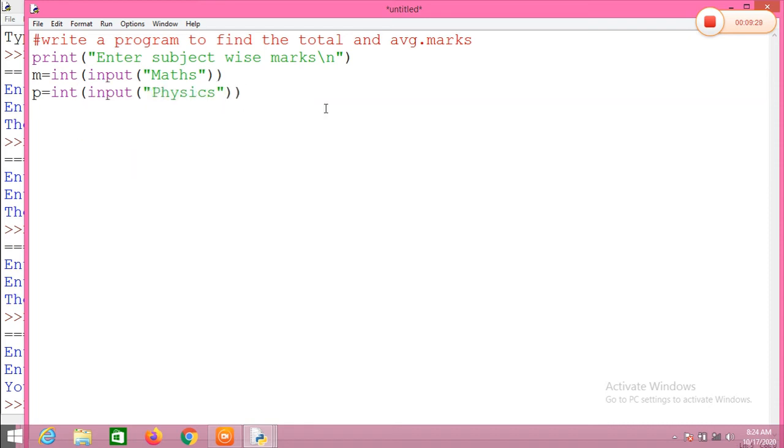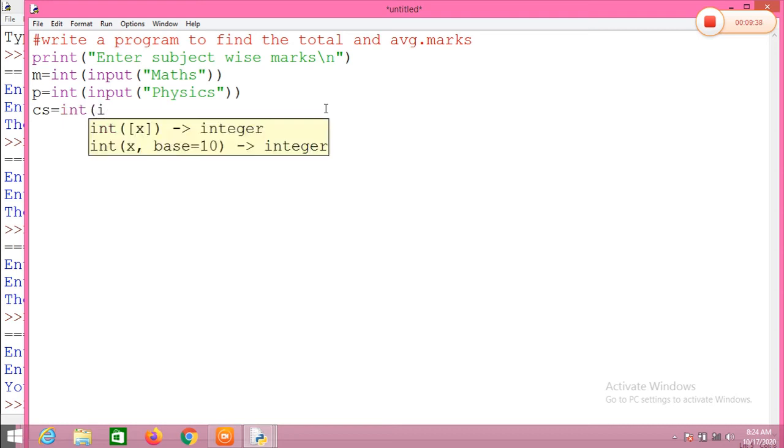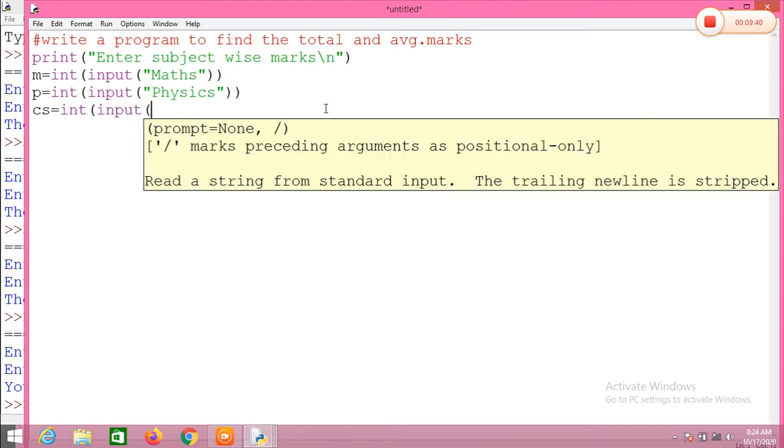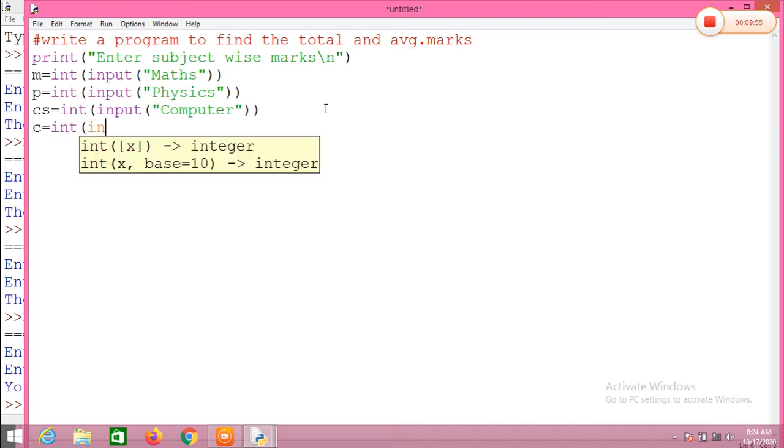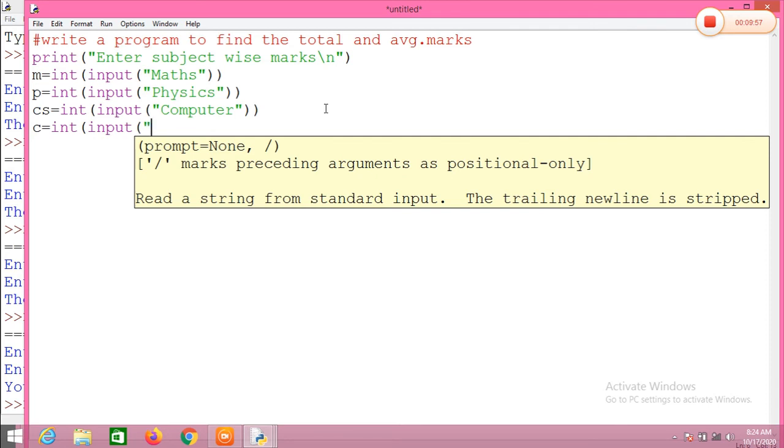Suppose if you want to take chemistry... okay, I'll take computer science, CS, int input of computers, or computer science, your wish, right? Next we need to take the marks in chemistry, int input of chemistry.